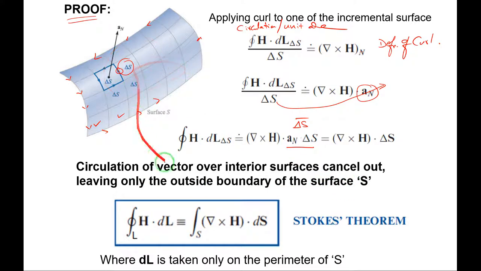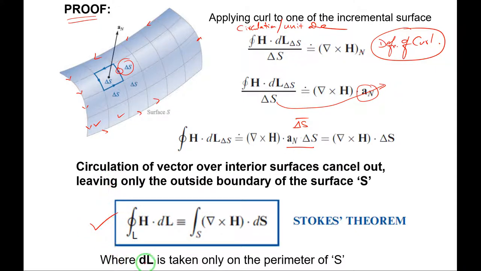Okay, the closed line integral of H dot dl, this LHS, is kept as it is, and this is del cross H over the small surface, so integrate throughout the entire surface, right? So the closed surface integral of del cross H into ds. Thus we have proved Stokes theorem, right? By using the definition of curl, we have arrived at Stokes theorem.